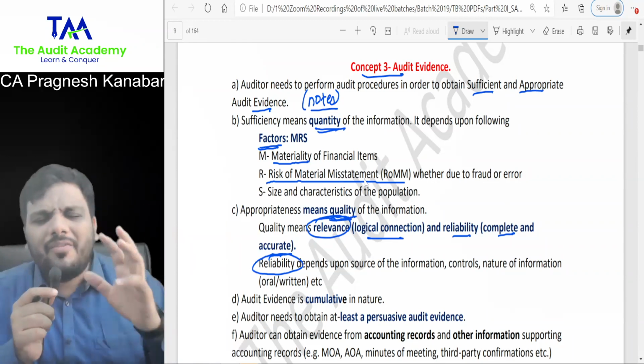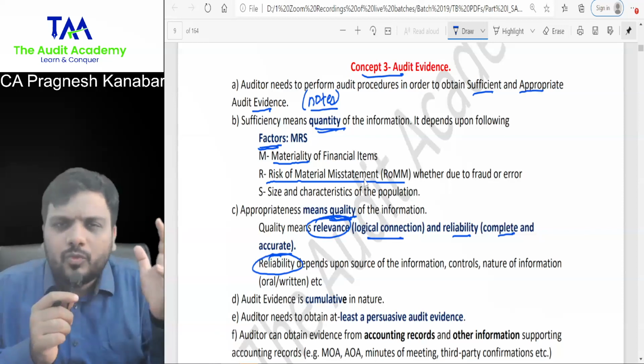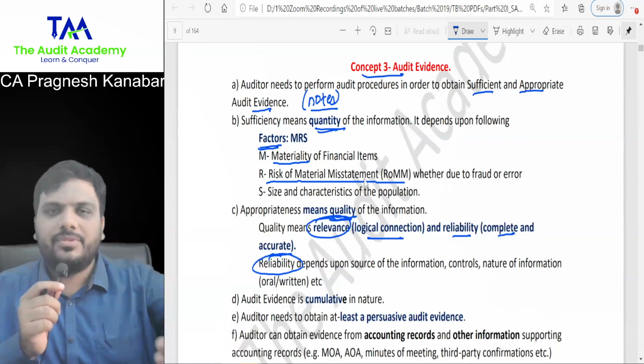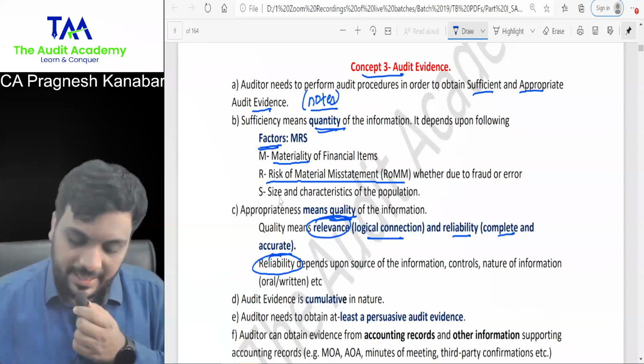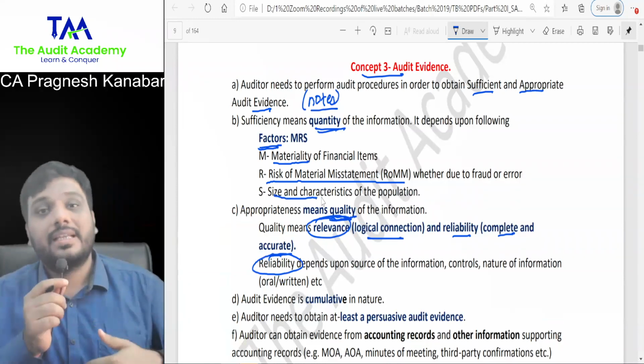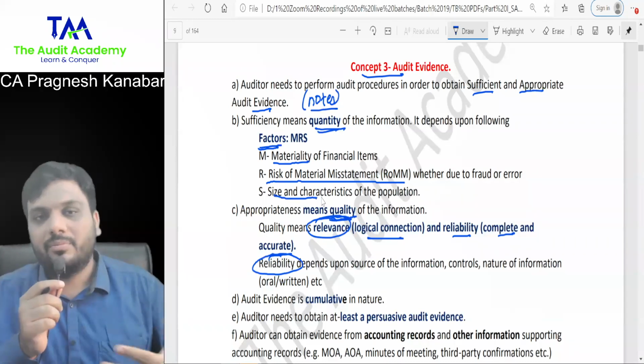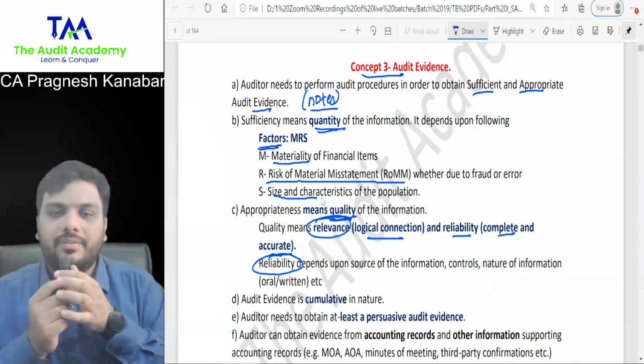We are going to have a detailed discussion on this as and when the subject goes on. All right. And then size and characteristics of the population. So that is nothing but the size of the amount, nature of the account, all of that we take into